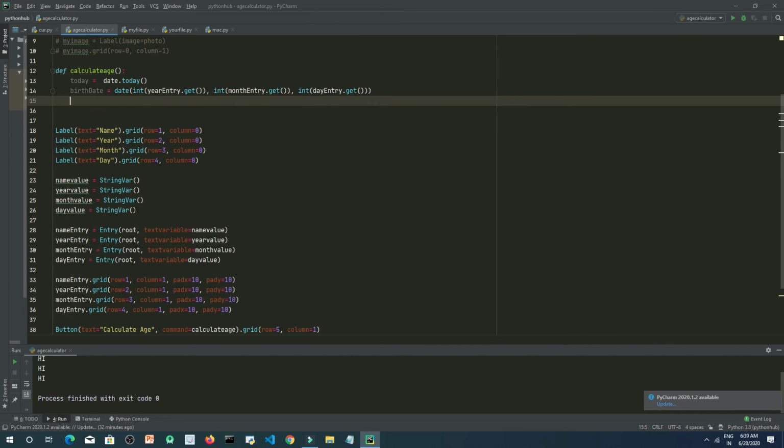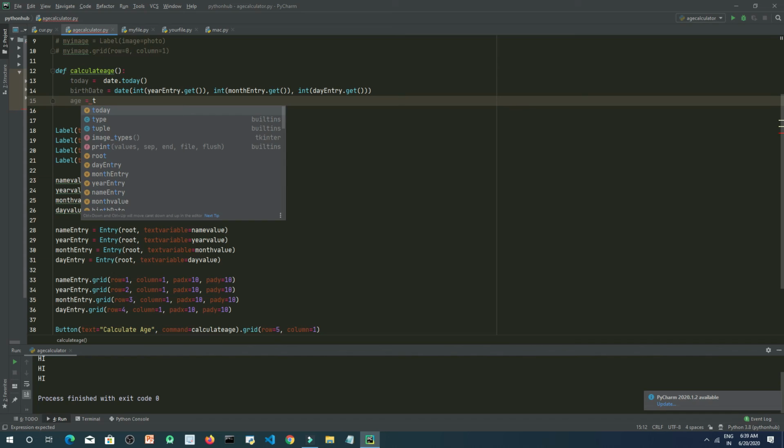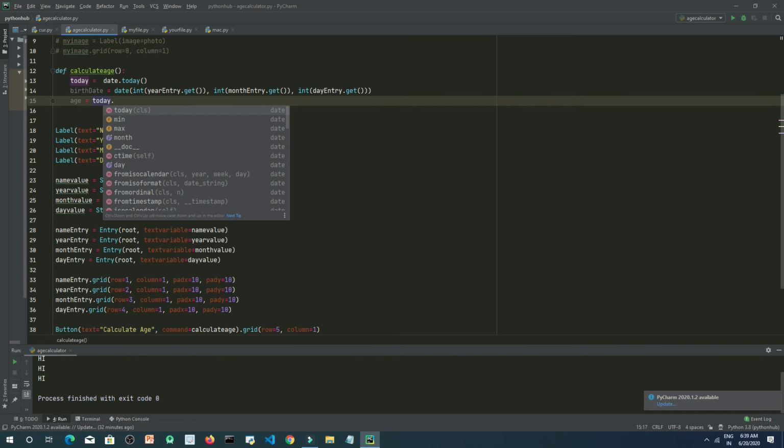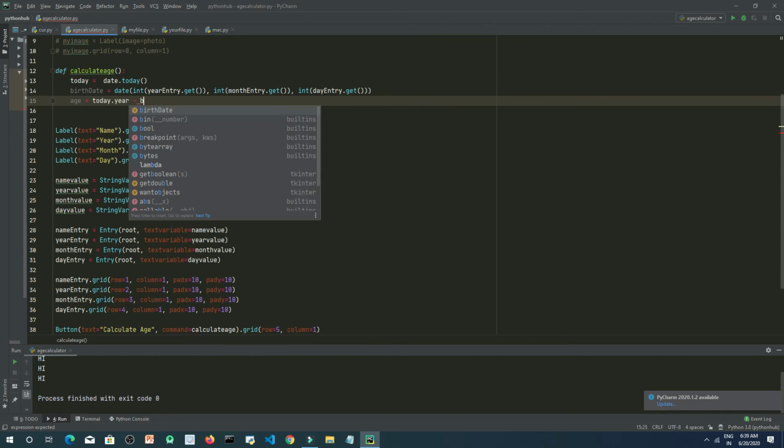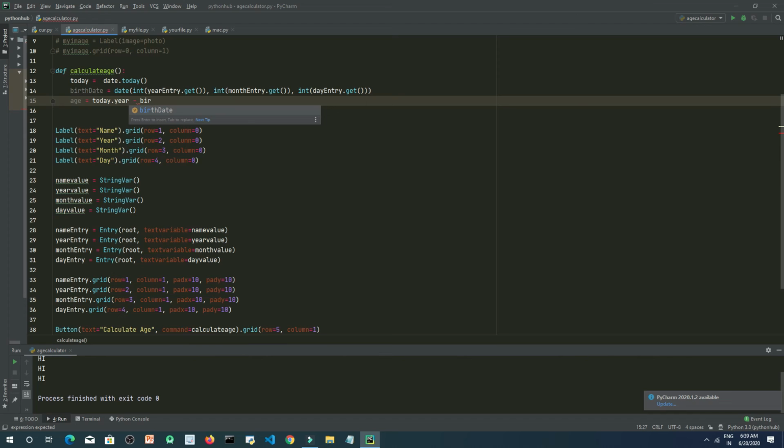To calculate this, you can just type age, which will store the age. So today dot date, today dot year, that is today's year. After this we need to subtract the birth year, birth date dot year.